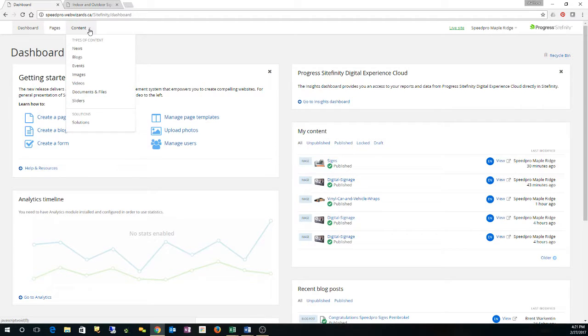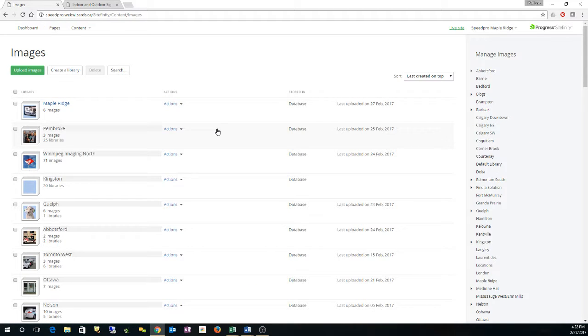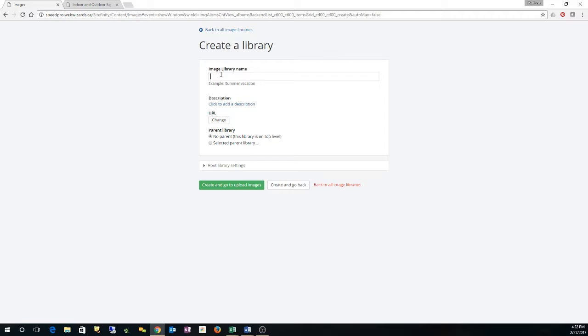So we go to Content and we say Images. Now there are two ways for these images to appear in the slider, and I'll go through both ways right now. The easiest way that I find to keep track of it all is to create a new library just for those images on the server. So we'll do that by creating a library, and the image library name we will call Sign Sliders,